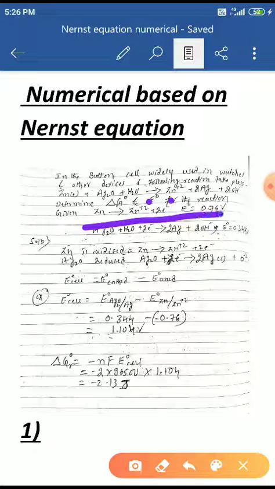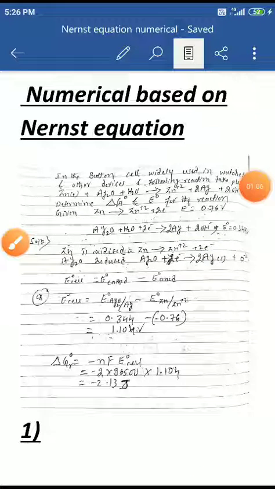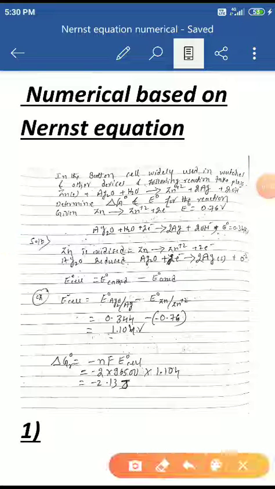The zinc turns into the zinc ion. The electrode potential is 0.76 volt. The silver ions of silver oxide turn into silver atom, releasing hydroxyl ions. So in this reaction, let's calculate the electrode potential. Zinc is oxidized to form zinc ion, and silver is reduced to form silver atom.